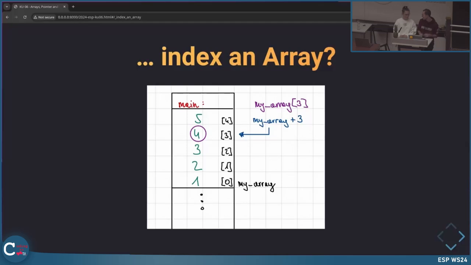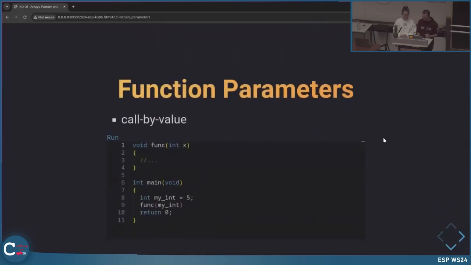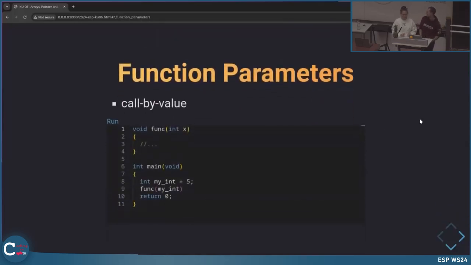Should we try this in the code, or is this clear? Should we maybe code this and print this? Does somebody not trust us? And we come to the printing a bit later, maybe. Okay,